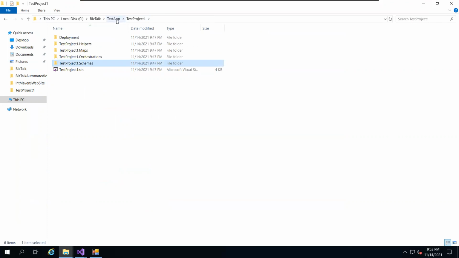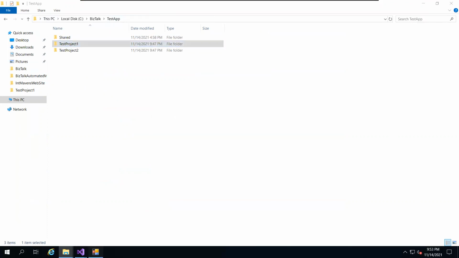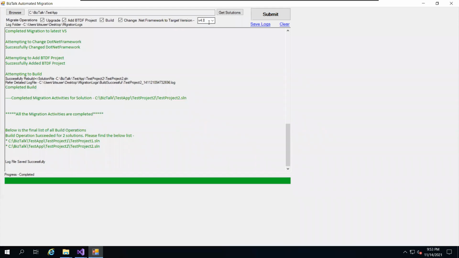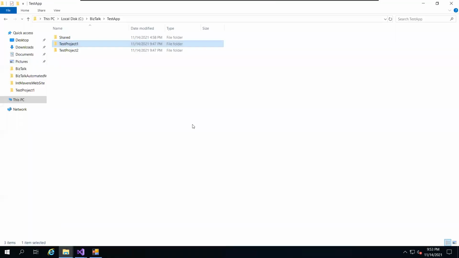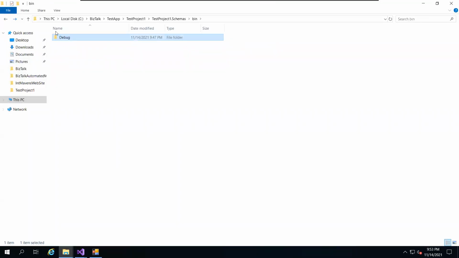This talks about the complete migration, and it's almost literally a one click migration, where you just drop all your projects, all your solutions into one folder, and this tool will be a one stop, one click solution through which you are able to upgrade them all, rebuild them all, add BTA projects. And not just that, there are many other replace sort of things, where some old project related stuff needed to be changed. Even those things, this tool will be doing.